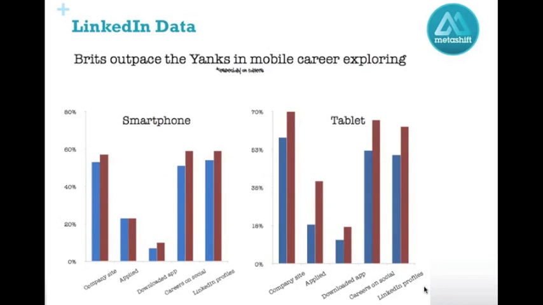audience. So this is a bit of data taken from a survey that LinkedIn did. LinkedIn actually surveyed some of their members, asked them about various activities they'd undertaken on a mobile, and they compared the US audience to the UK audience. The UK audience is the red line on this chart, and the US audience is the blue line. So basically, from what is probably a reasonably small sample, we can see that actually the UK job seeking audience is up for this. In some ways they're more savvy than the US audience.